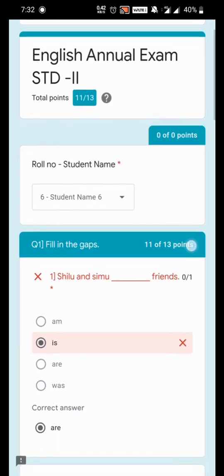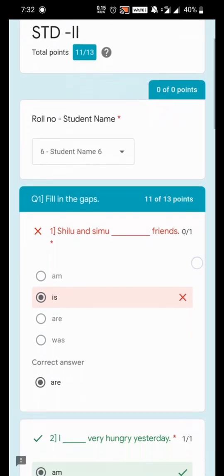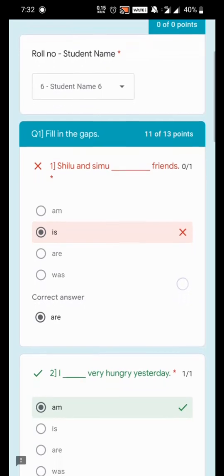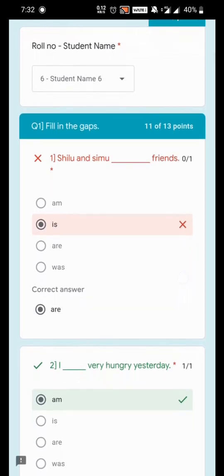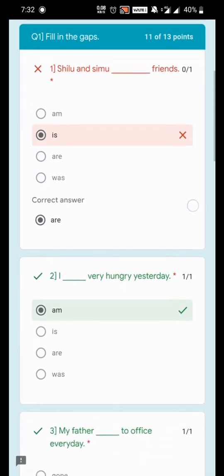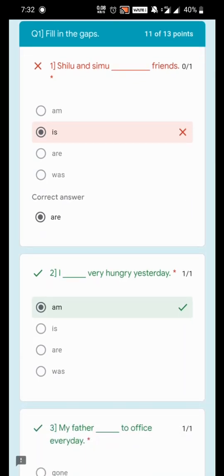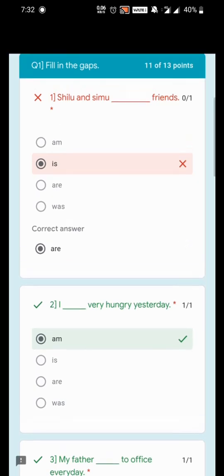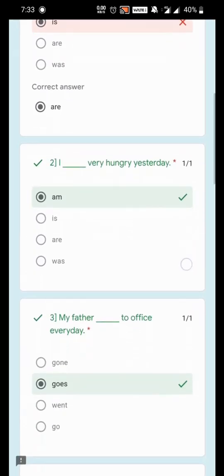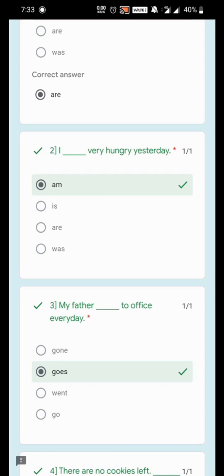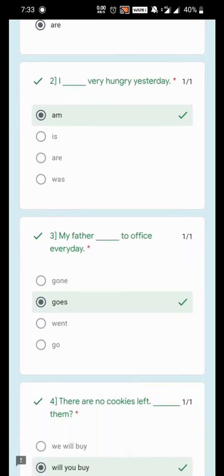Okay. 11 marks out of 13 marks, and if you go below, you will see for the first question the answer selected was is, but the correct answer was are. That means the solution or the answer of the first question that we submitted was wrong. Now, wherever you see a green symbol or a tick mark, that means the answer that you selected was actually right.